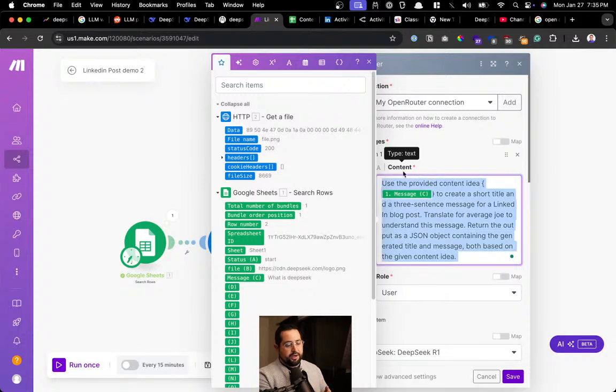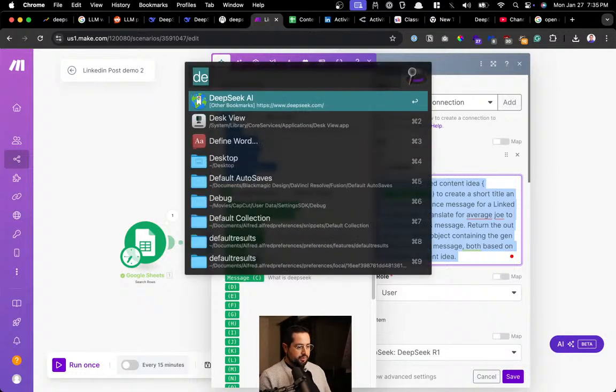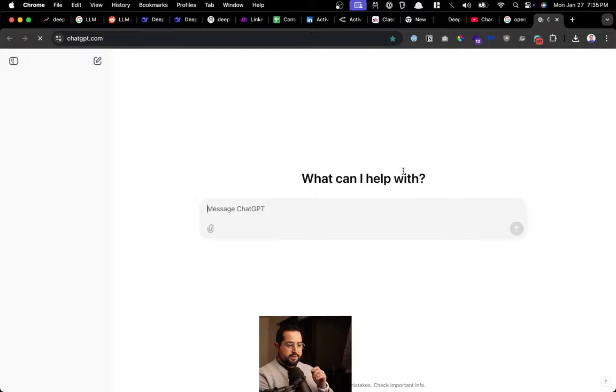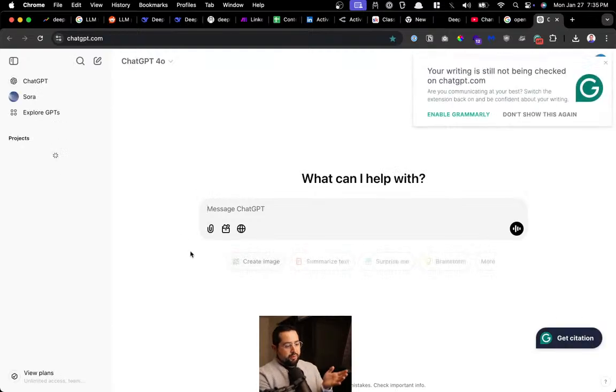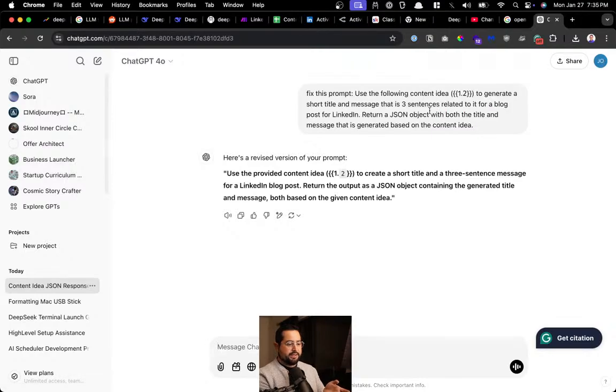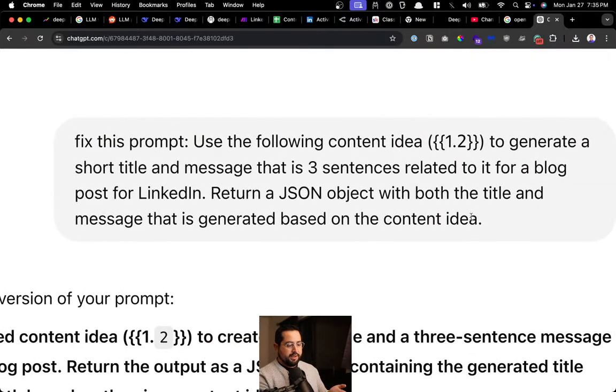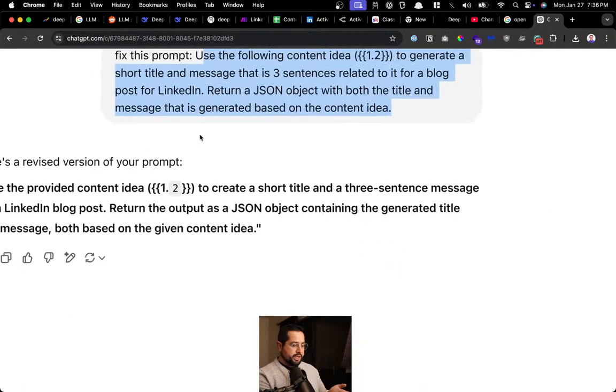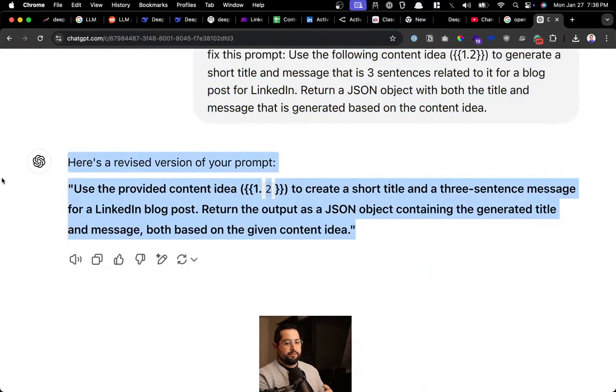I'll be honest, it took me a couple of tries to get it to prompt right. It wasn't returning the right info. It just wasn't understanding the prompt. So for debugging, I went to ChatGPT because I want to show you the debugging too, like things don't work right off the bat. So I hit a bug and it wasn't understanding the prompt. So I went to ChatGPT and I said, hey, I want you to fix this prompt. And this was my original prompt. And so ChatGPT wrote me a much better prompt that actually worked.